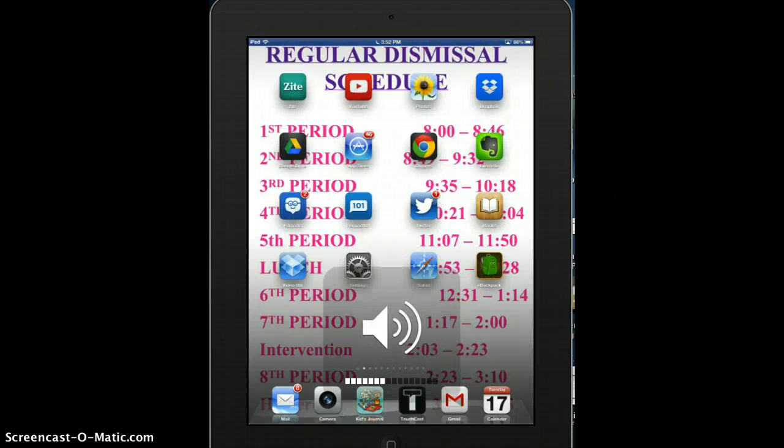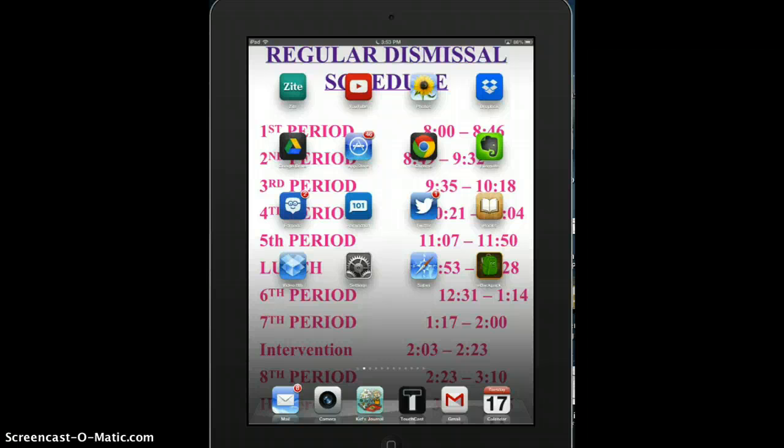Hello, this screencast is going to give you some directions on double checking your iCloud settings to make sure that you're backing up. Also to double check and make sure that you have a current backup, and then some suggestions as well as what things you should be backing up and what things aren't necessarily things that need to be